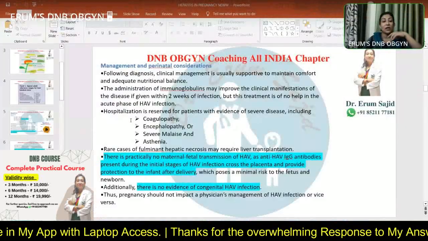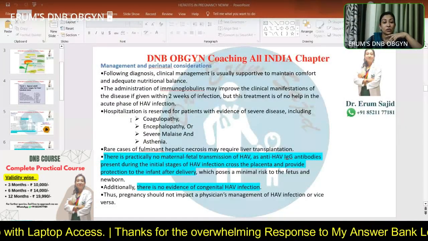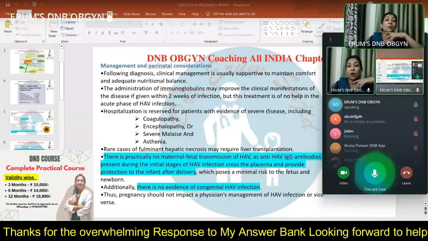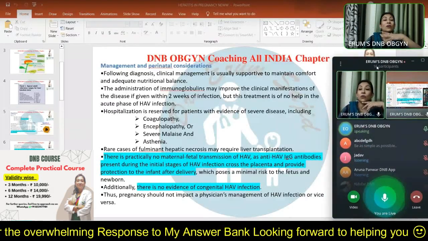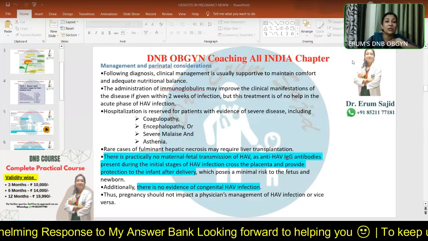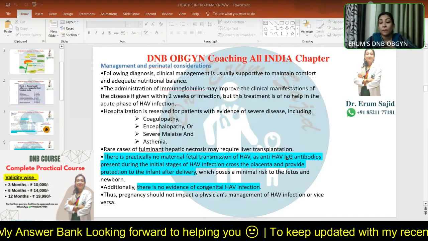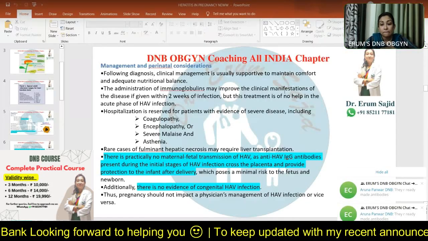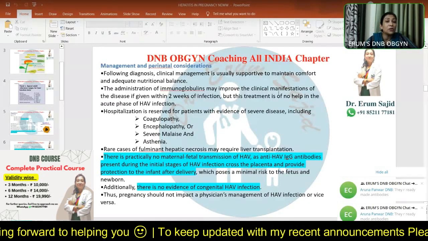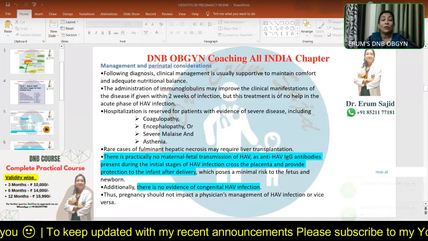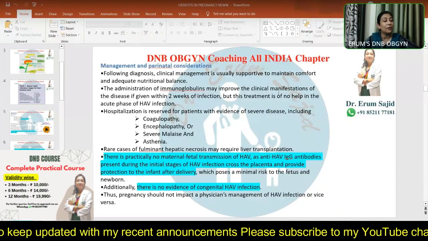I need this answer for my dear students who are there in the class right now. Okay, a couple of you are there. So let me know how many of you can tell me what is the funda behind giving a patient these immunoglobulins. The patient is already infected, currently infected, or what? Yes, they are ready-made antibodies. Correct, absolutely. So when will you give these antibodies to the patient? When will you try to give this immunoglobulin to any patient?